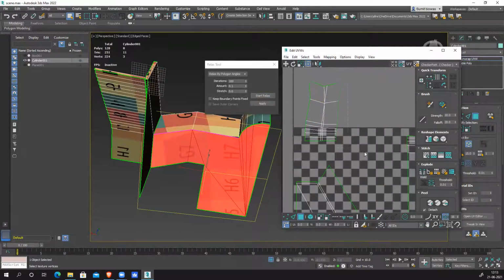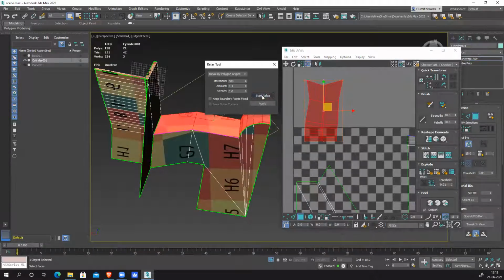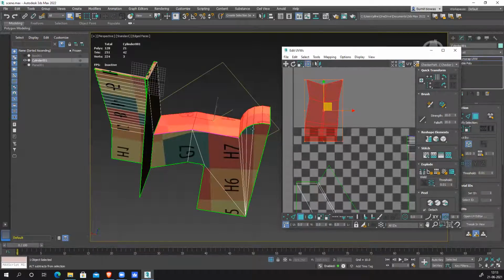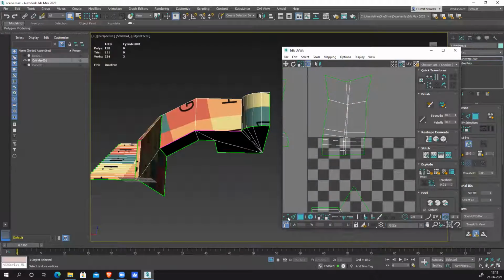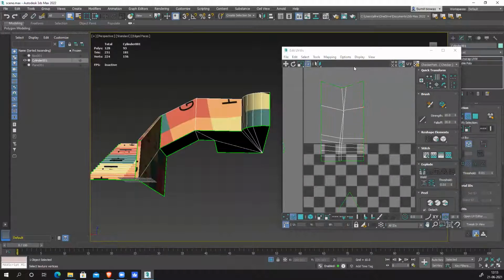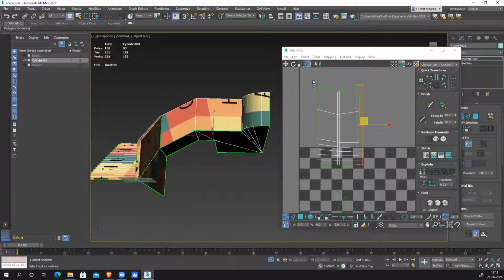Clean. So again, I have to make it straight, all these lines. Clean line.